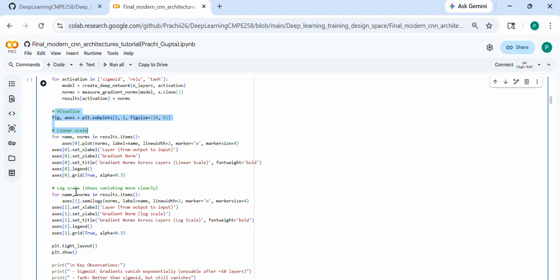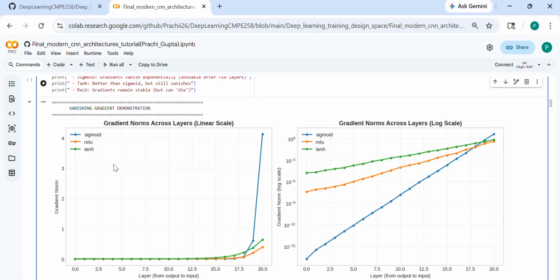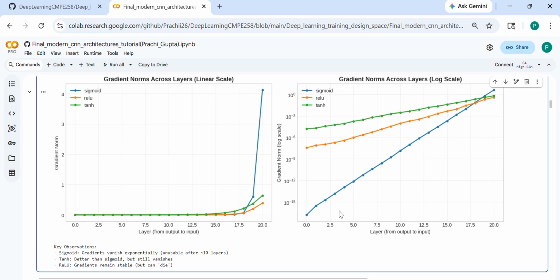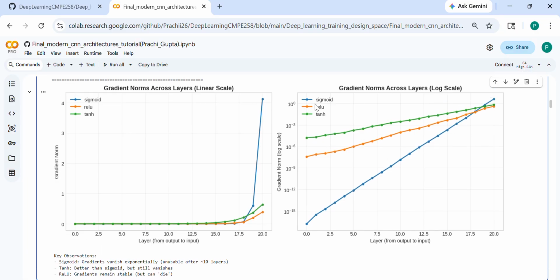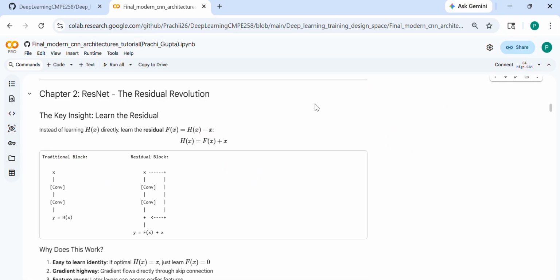We will do the visualization and the log scale printout. So here, we are visualizing our gradient demo. We can see the sigmoid vanishing across the layers, and so that's why we move to chapter 2,